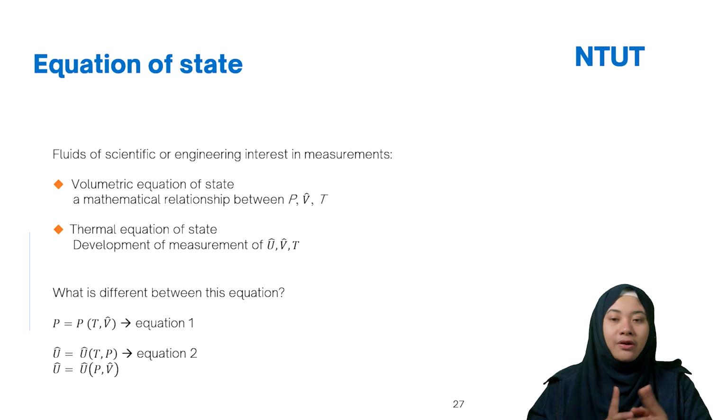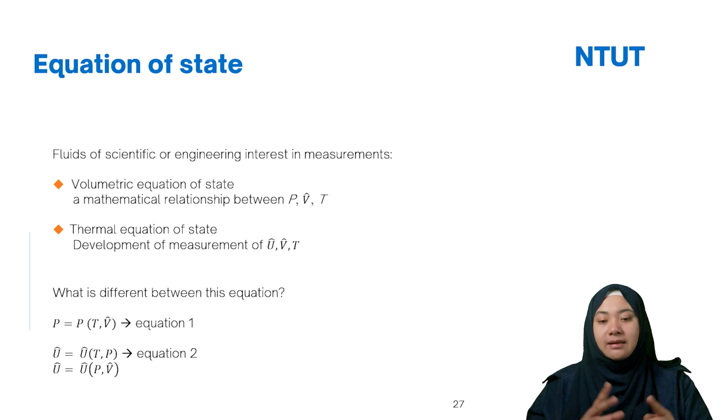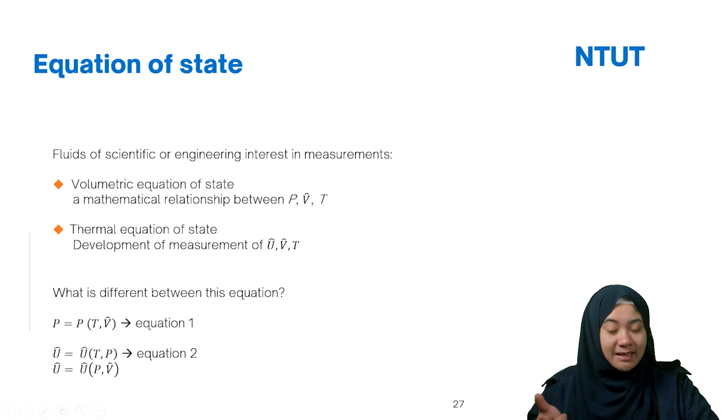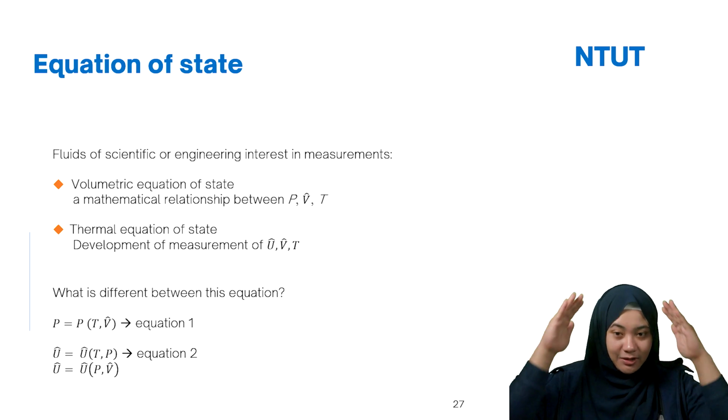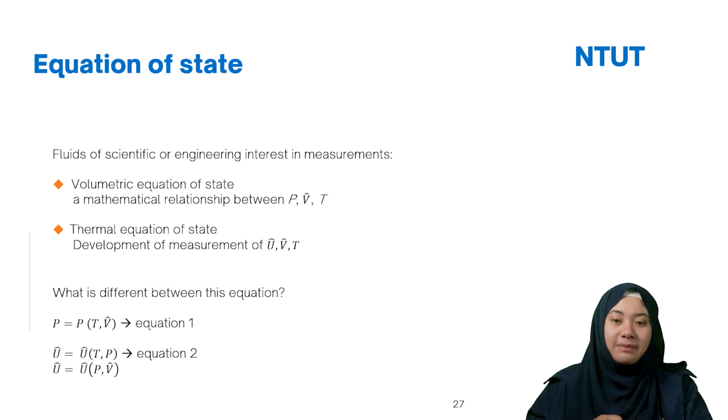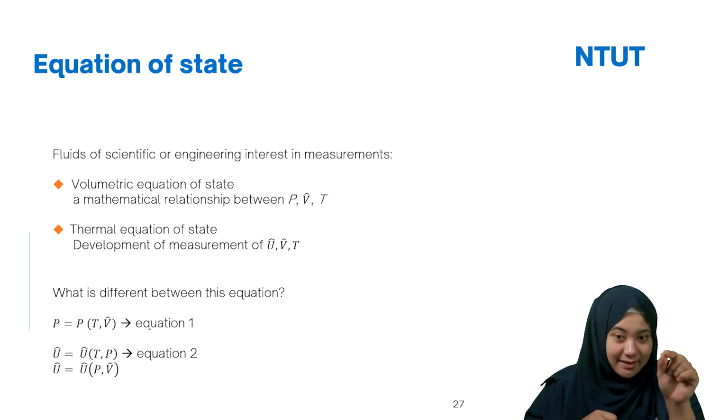Mostly we use the volumetric equation of states because pressure and V with a cap have different definitions in thermodynamics. It means the unit is based on the mass. If I put V underline, this is for the molar; V with a cap is for the mass. So remember, if the unit uses the cap, it means mass property. But if it uses the underline, it means molar property.